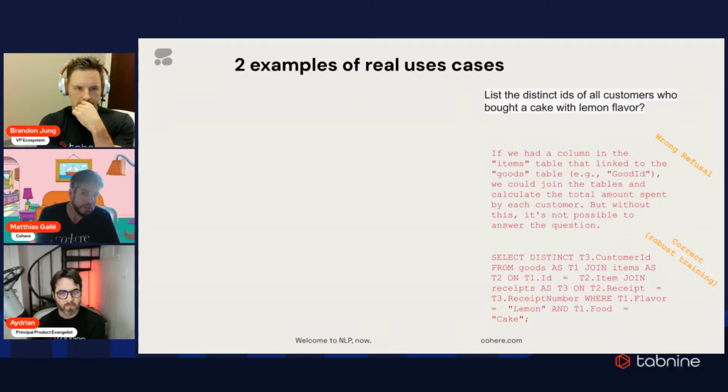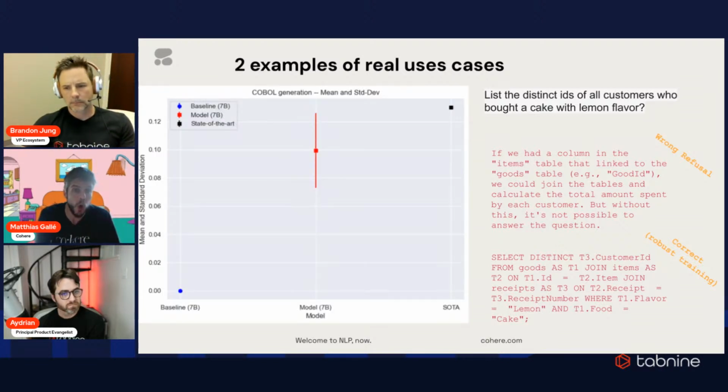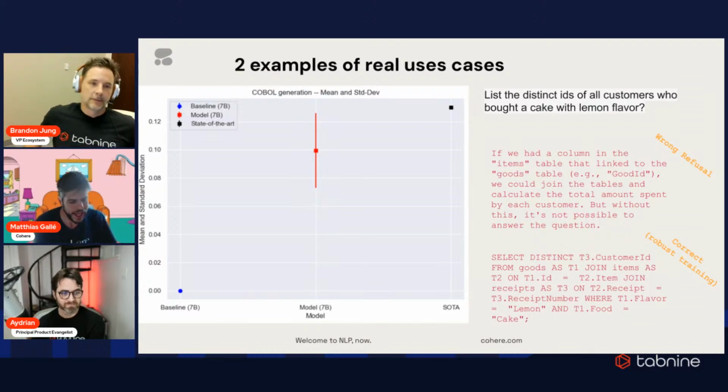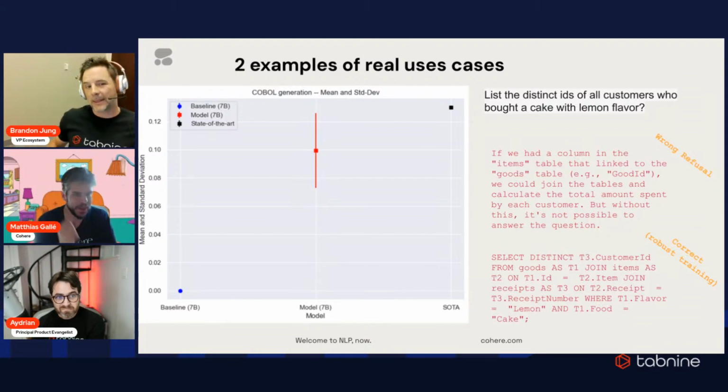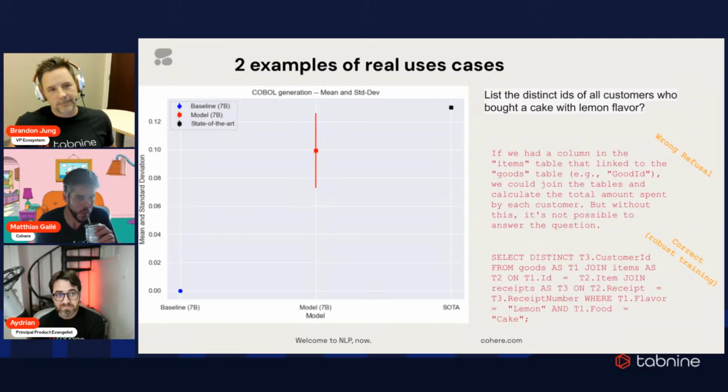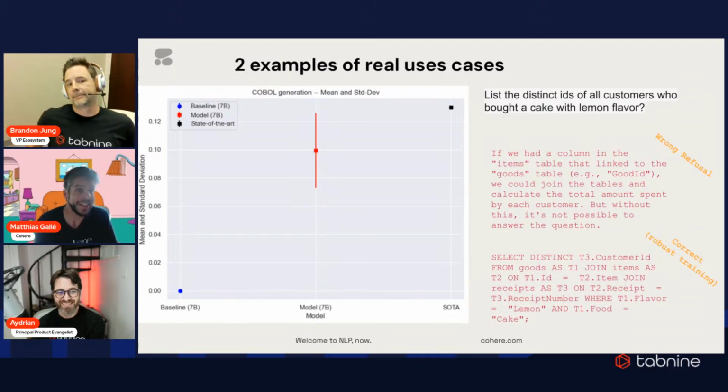Another real use case which people come to us very frequently, and again, many people might not want to consider it because they do not consider it so passionate, is COBOL. COBOL is this language which has been super popular in the finance domain 50, 60 years ago, maybe. And there is lots of legacy software which runs on COBOL, and very few people who know it. Fun fact, 5 years ago, the language that had the most lines of code written was still COBOL. Really? Mm-hmm.